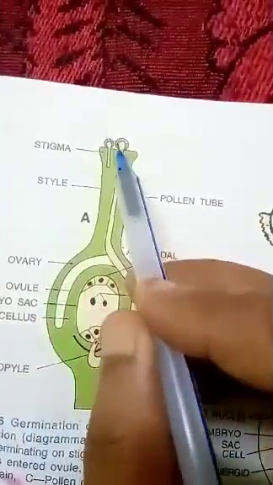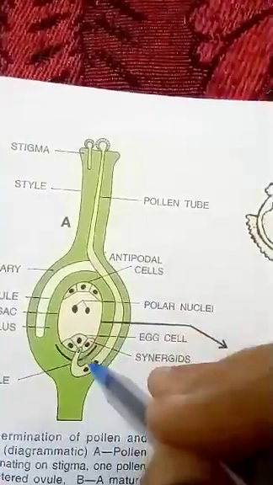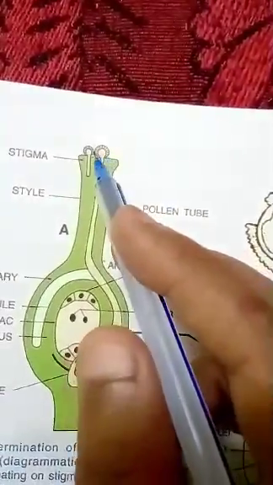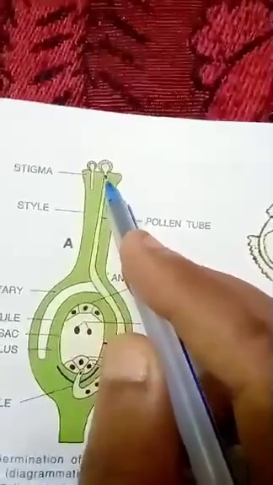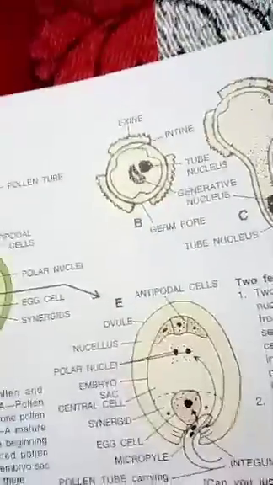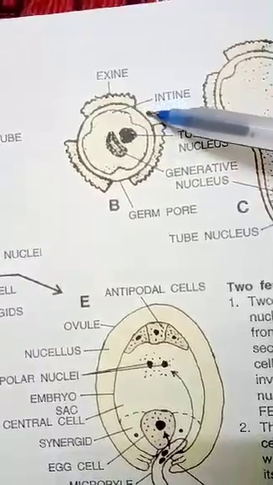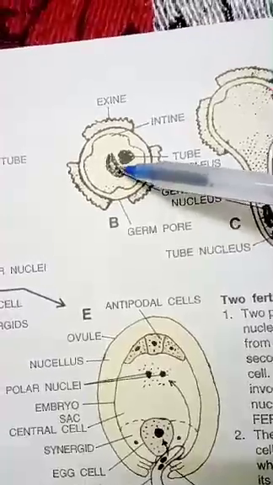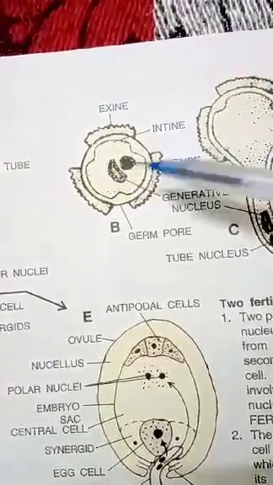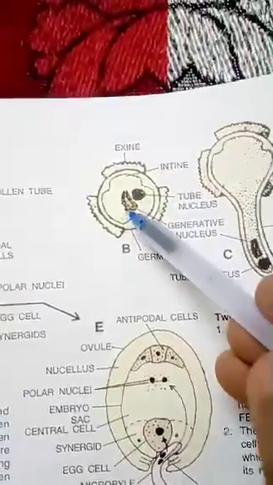See here. Now these pollen grains, as I said, after they mature, fall on the stigma. The stigma will secrete some juicy, chemical, sugary substance, which will lead to the formation of the pollen tube of this pollen grain. The structure of the mature pollen grain is this one, having an outer covering called exine, inner covering called intine. This part, a weak part of the exine, is called the germ pore, and inside the intine, in the cytoplasm, there are two nuclei. One is the generative nucleus, one is the tube nucleus. This is the diagram of a mature pollen grain.